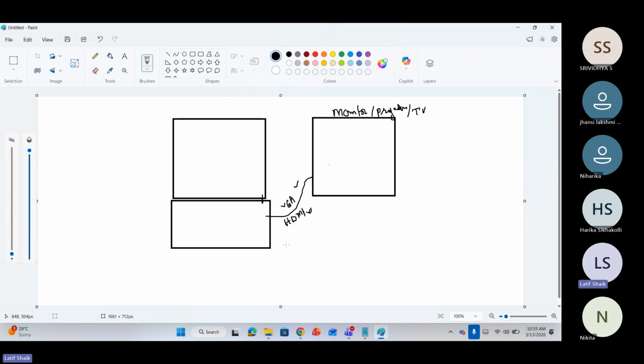So here is one point. If your laptop has only HDMI, but your monitor or projector has VGA-based connectivity, then you have to use a converter, an HDMI to VGA converter. This is the HDMI connection, and this connector will give you VGA-based connectivity. A converter will have to be used in case of different connectivity. Second,